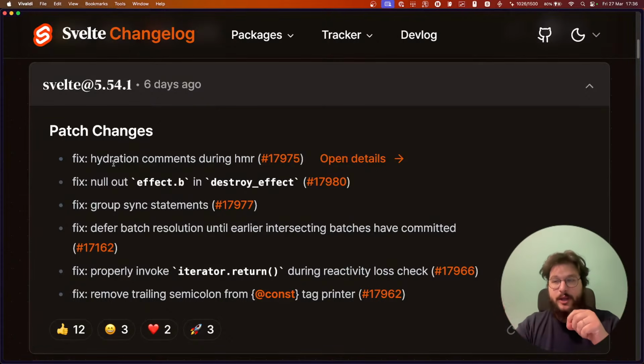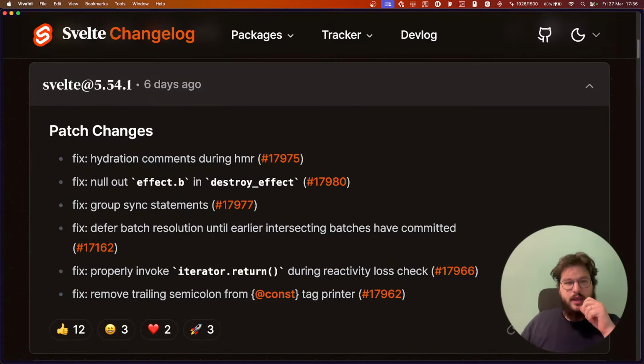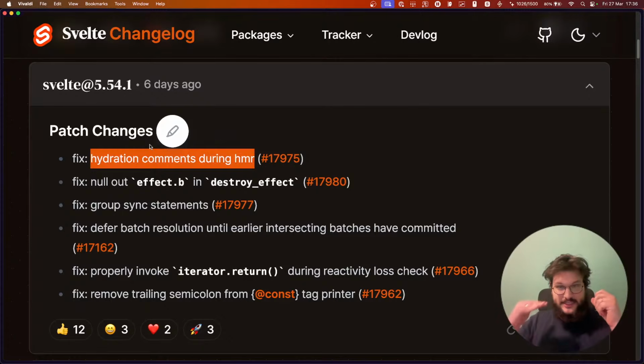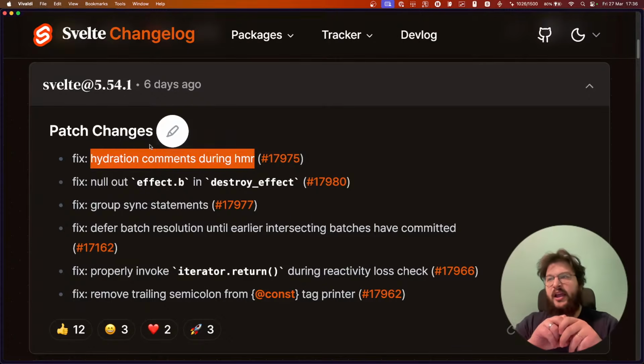However, there was a problem that Rich fixed. To do that, he was basically forced to add a couple of extra comments, and that messed with how the matching algorithm inside HMR works.